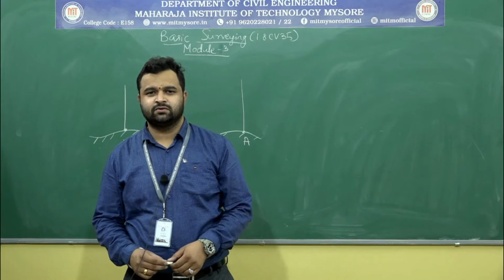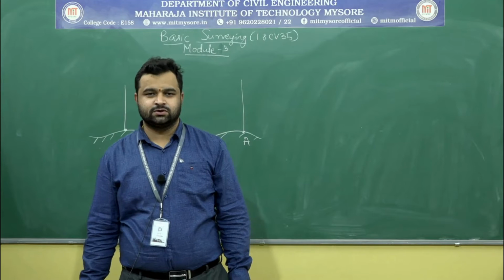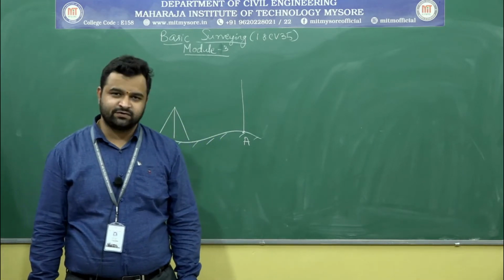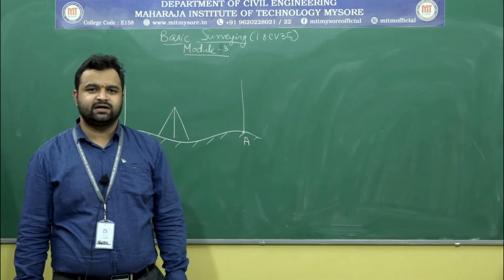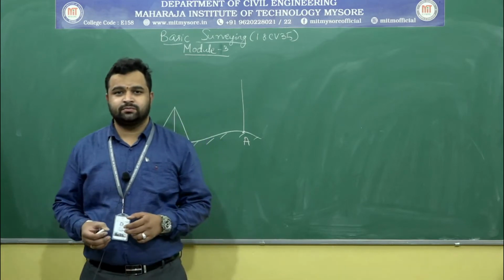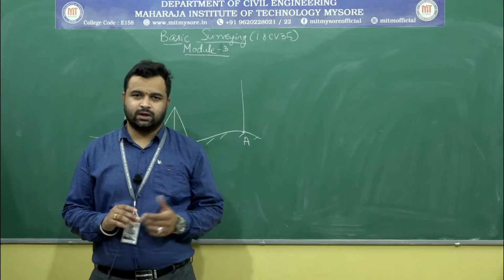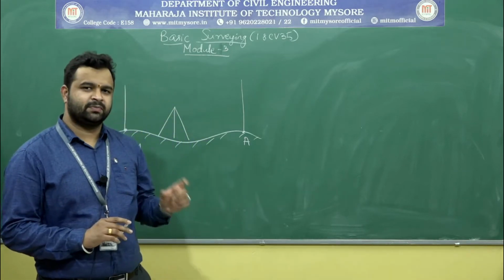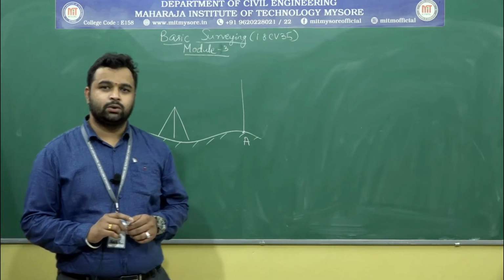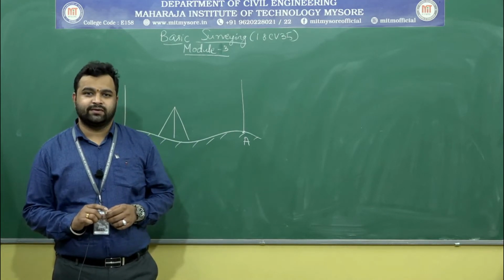In the previous session, we had discussed the methods of booking and reducing the levels. So, how do you calculate elevations? There are basically two methods. The first one is the height of instrument method and the second one is the rise and fall method. I had explained how to determine the elevation using those two methods with some formulas. Now, in this session, I will take up a simple problem wherein you will understand how to calculate the elevation of a required point or given object.